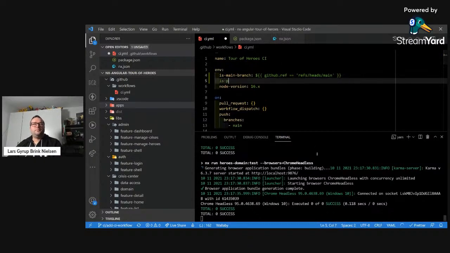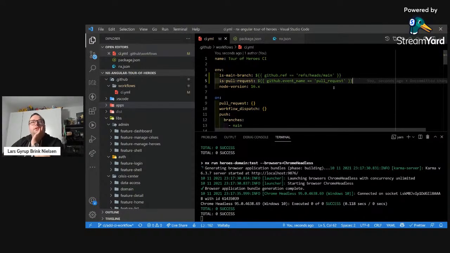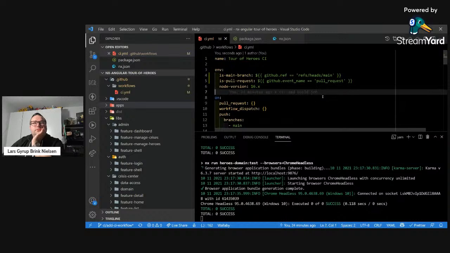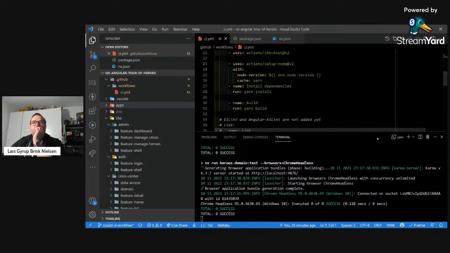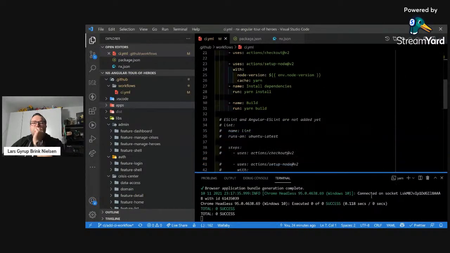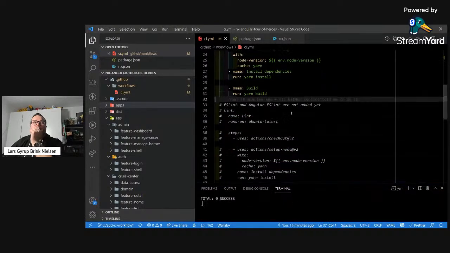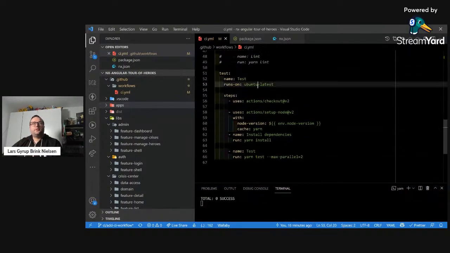Okay, is pull request. Wow, thank you, GitHub Copilot. That looks correct. And now use single quotes. Oh, great. Okay, so we can use those conditions. Let's keep this thing running in the background. So now we want to say,